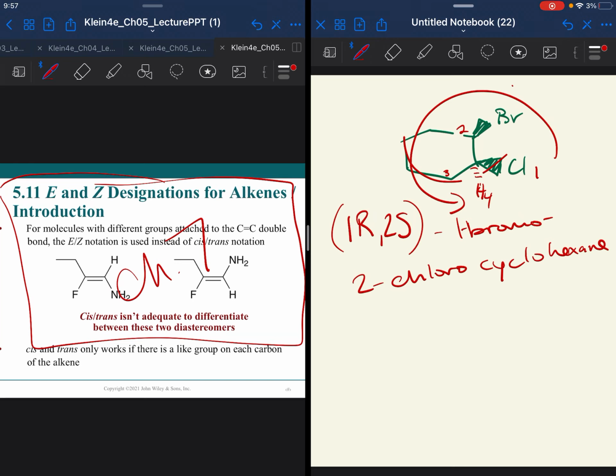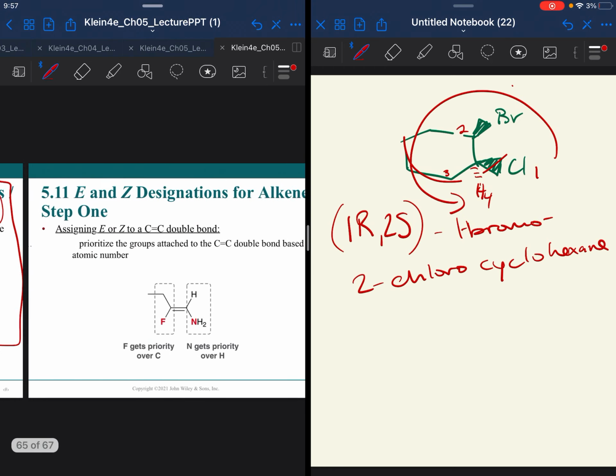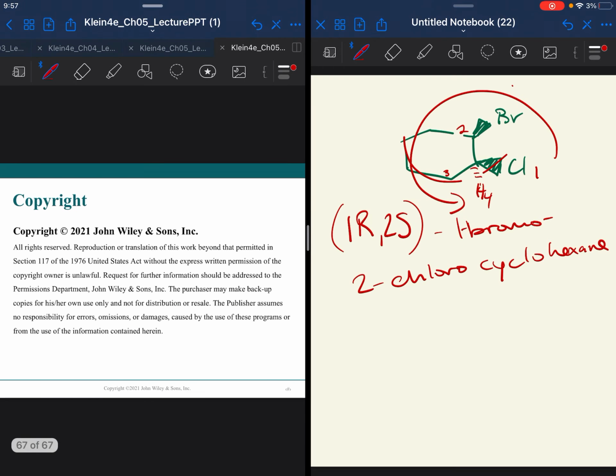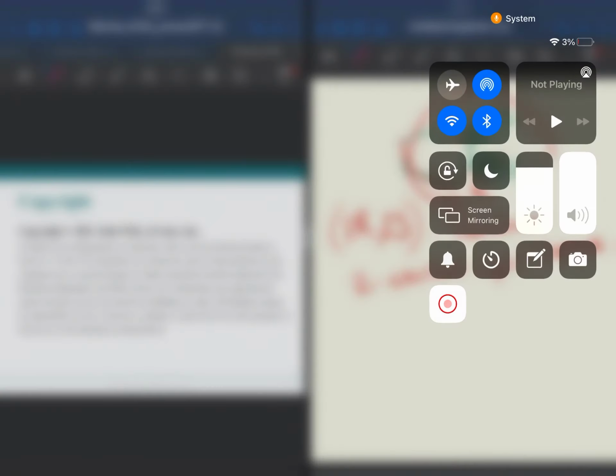It's more specific. Well, the same thing is true when we get to double bonds. Cis and trans is not always specific enough. We will cover that, though, in chapter 7, where we have a whole section on naming alkenes, so we will come back to that. You're welcome to look into it here, but I will have a video about it in a couple weeks. All right,